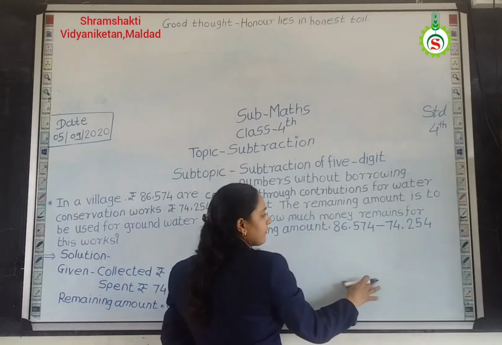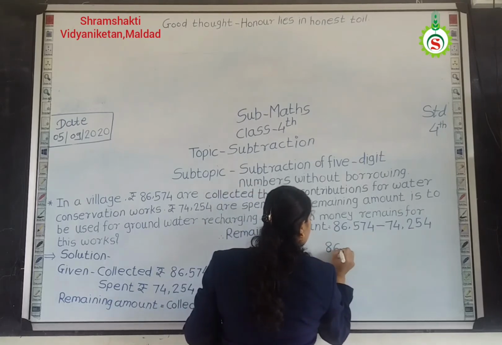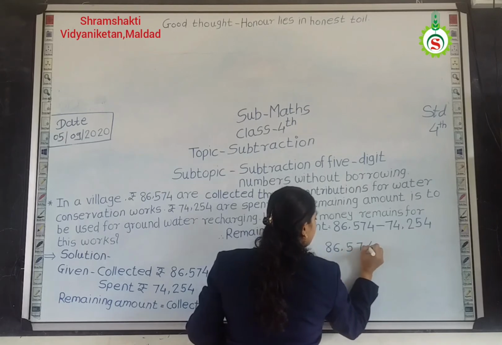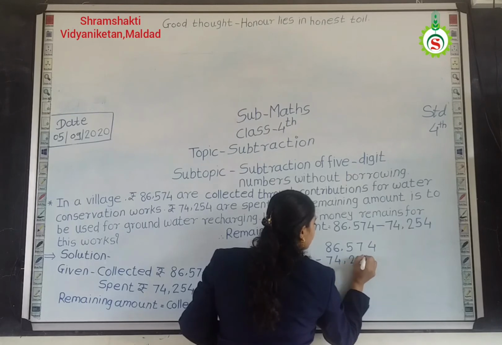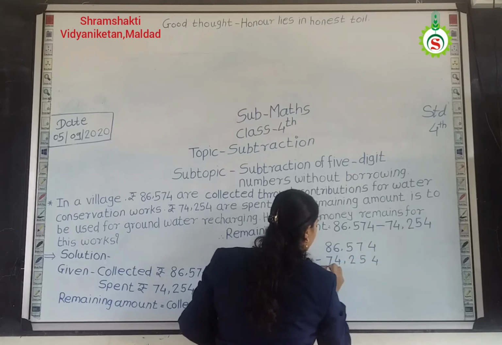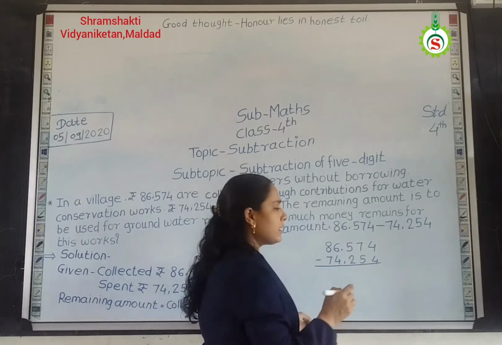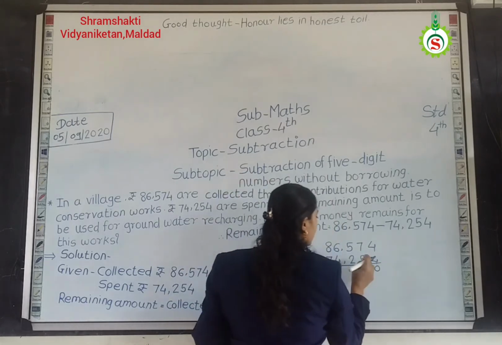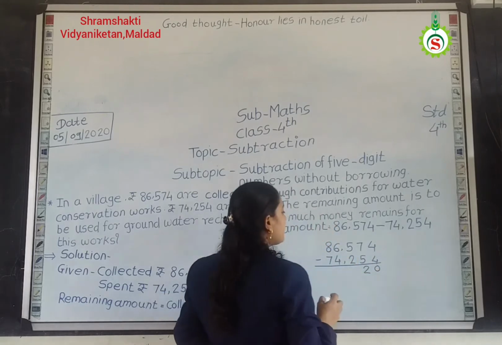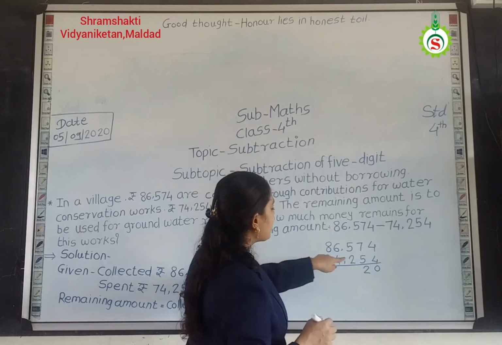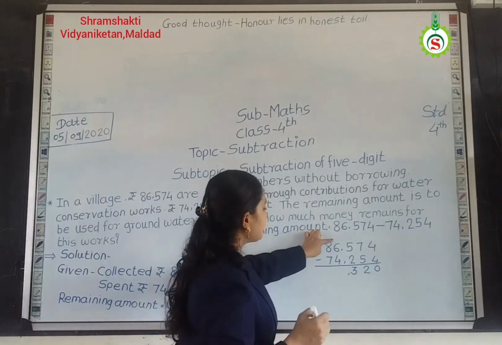First, arrange the given subtraction vertically. 86,574 minus 74,254. And solve. 4 minus 4, 0. 7 minus 5, 2. Then next place, 5 minus 2, 3. Then 6 minus 4,